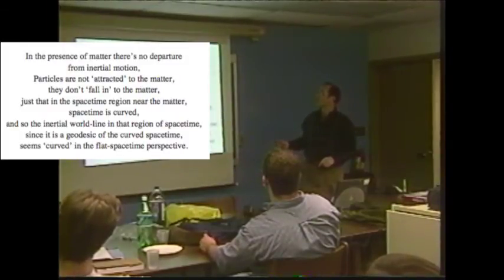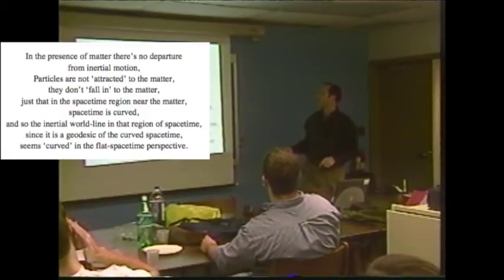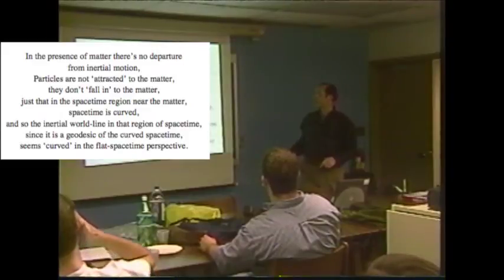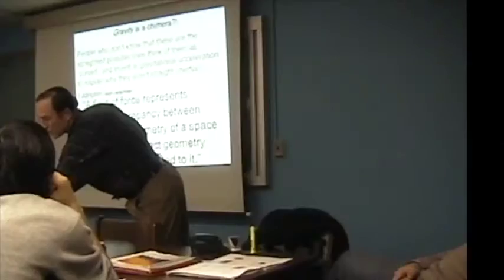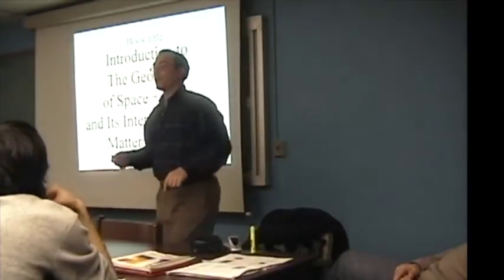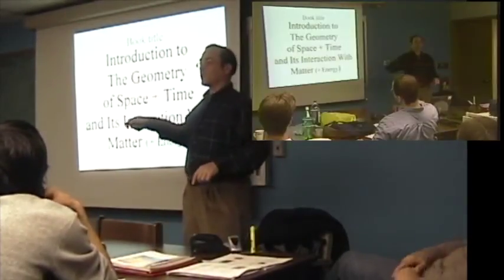Particles aren't attracted to the matter. They don't fall into the matter. It's just that in the space-time region near the matter, space-time is curved. The inertial world line in that region of space-time is a geodesic of the curved space-time. And it seems curved in the flat space-time perspective of people looking at it. Again, getting back to the title of the book on which all this is based,